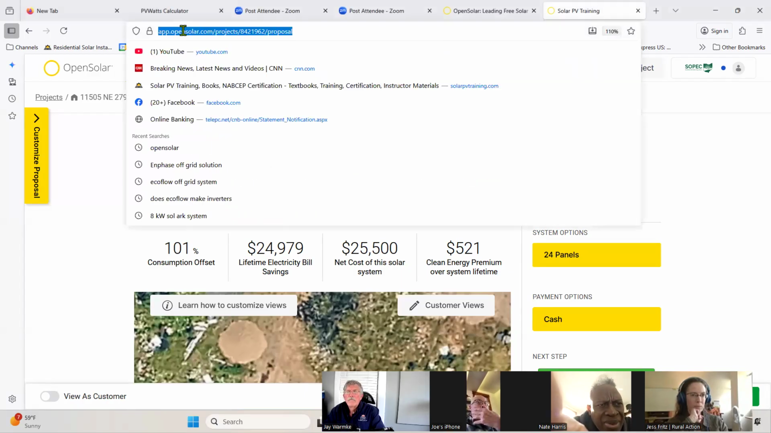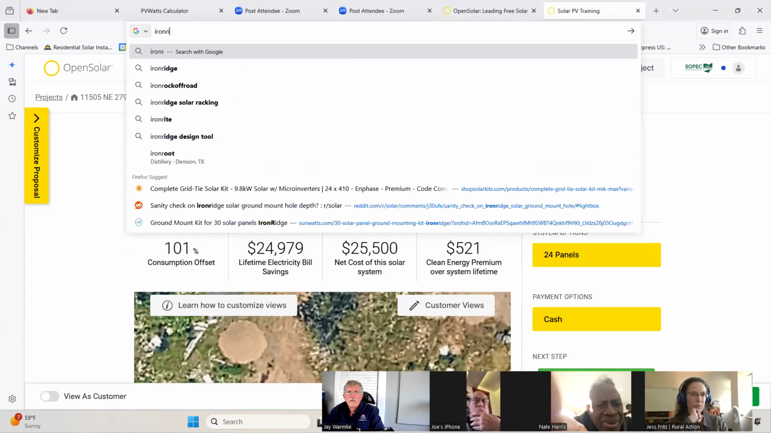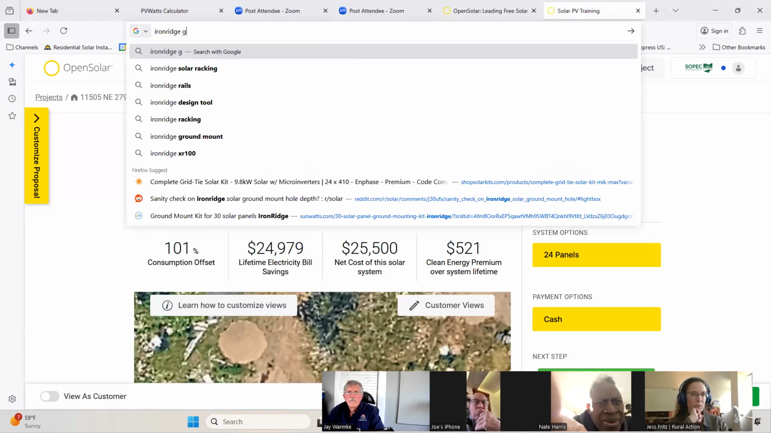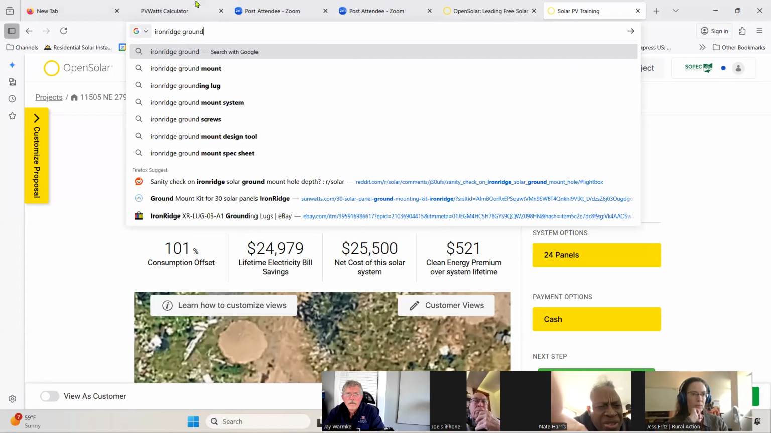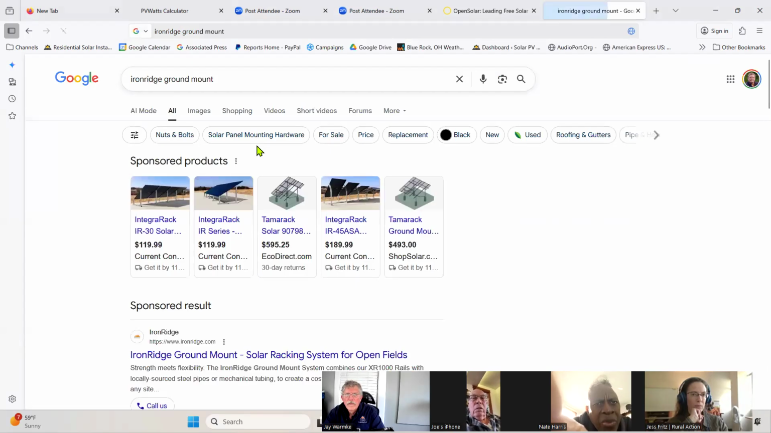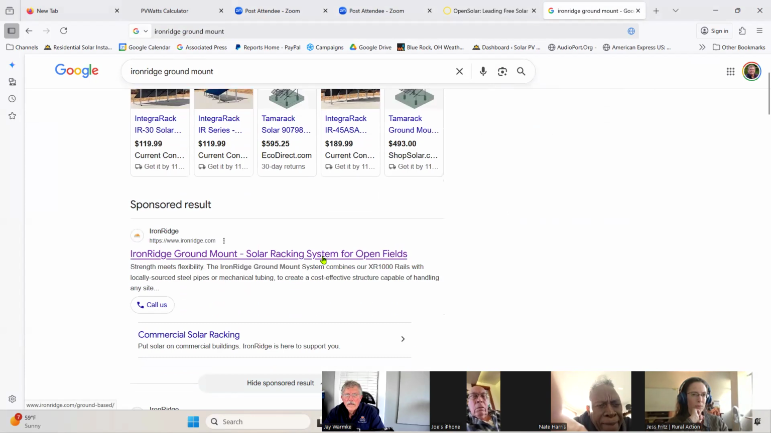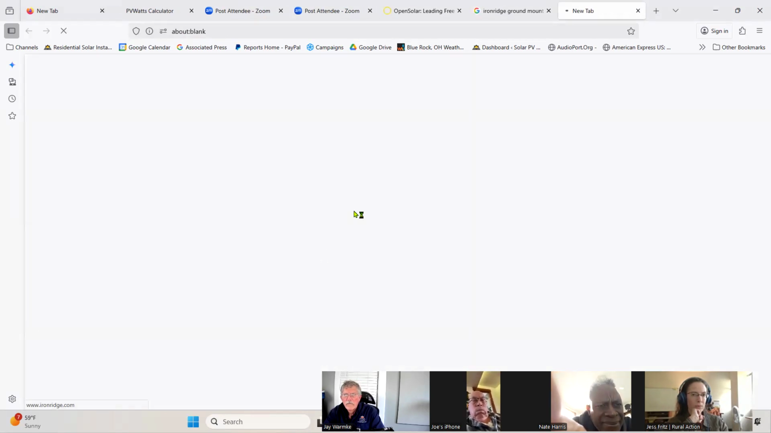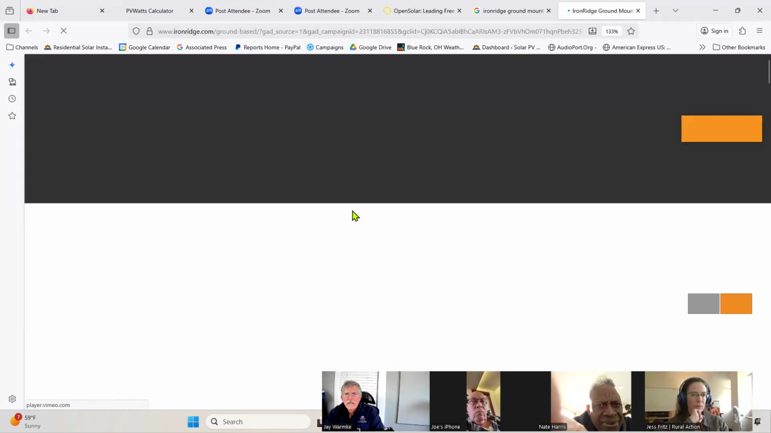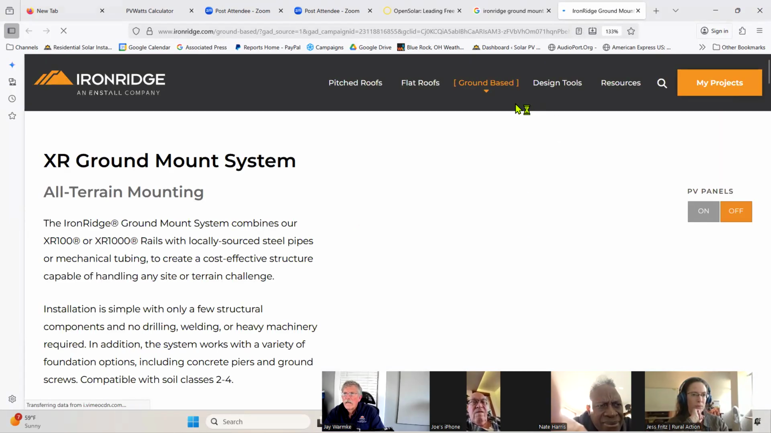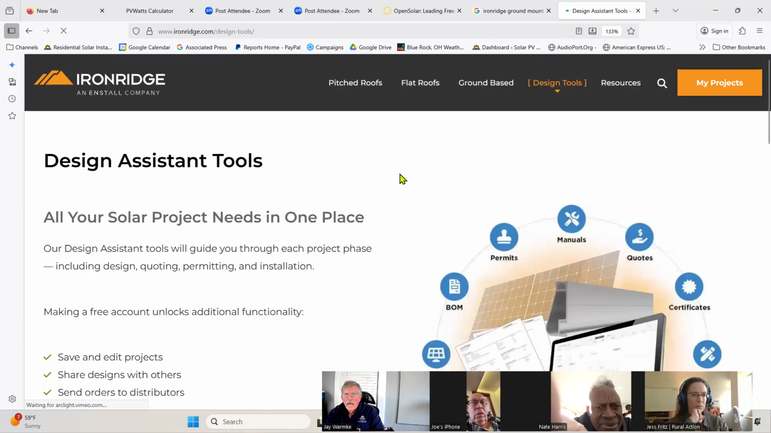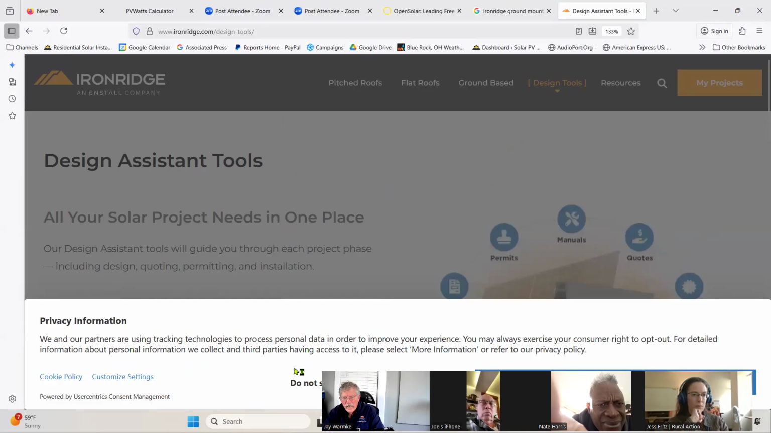This is Iron Ridge. I was thinking about the best ways of avoiding shade with those poles. So if we look at the Iron Ridge system, all of these systems have tools like this. If you go in and let's say I want to go into the design tools, and I want to go ahead and